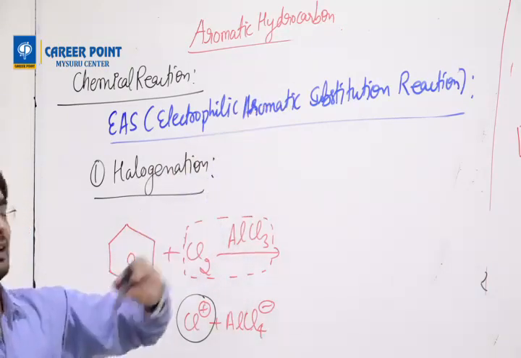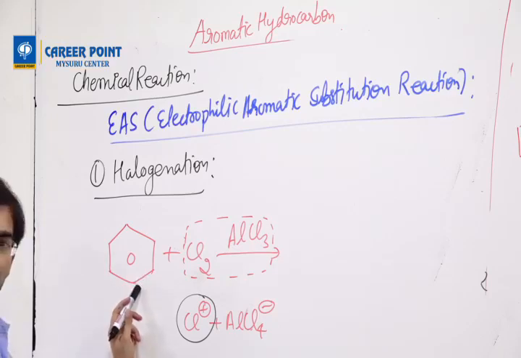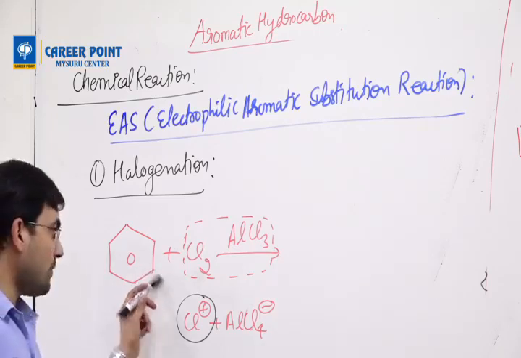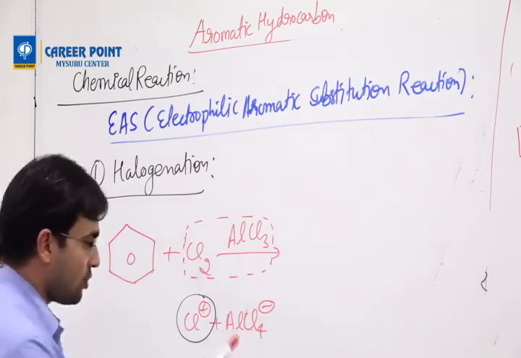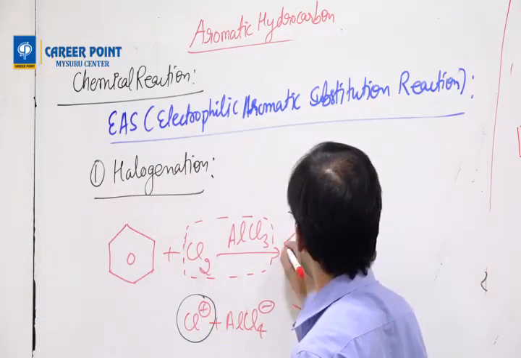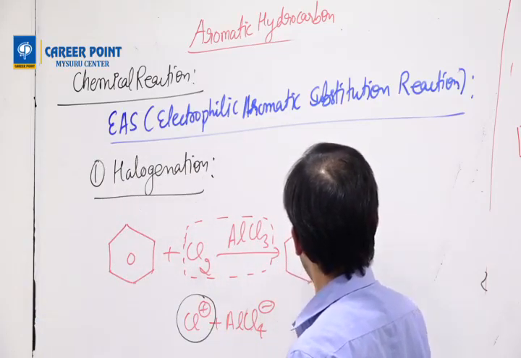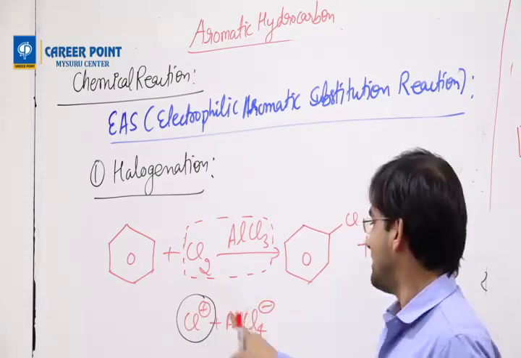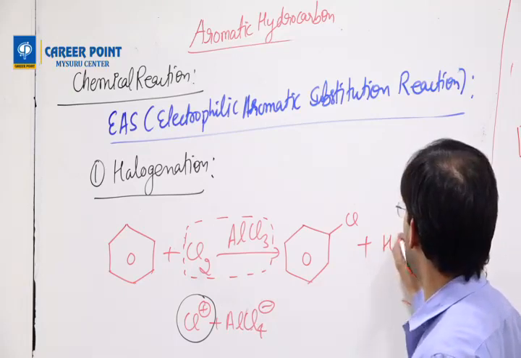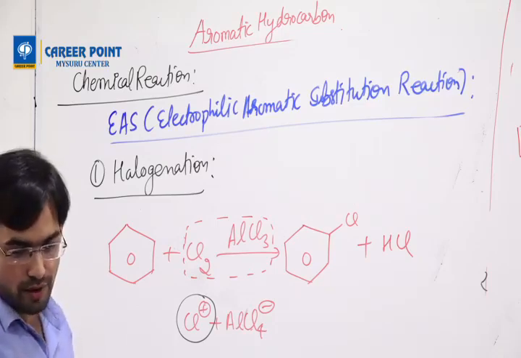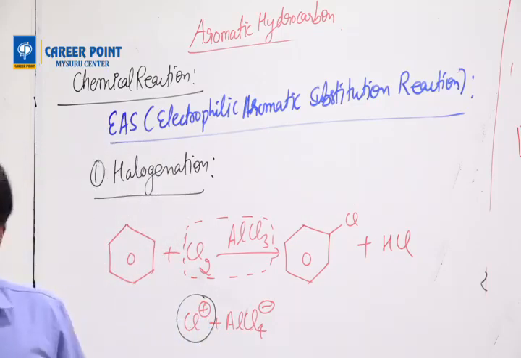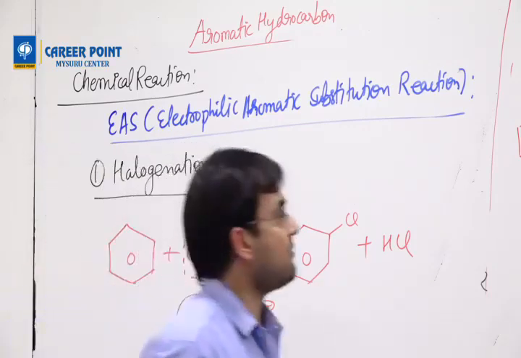So, electrophilic aromatic substitution. This electrophile goes to an aromatic compound, right now it is C6H6. One of the hydrogens it is going to remove, substitute. So Cl is going to replace hydrogen. And when this process happens, we get Cl, and one H is there. This will release another Cl minus and it will become HCl. Then I have chlorobenzene. Done. Instead of Cl2 I can write Br2, F2, I2, anything.